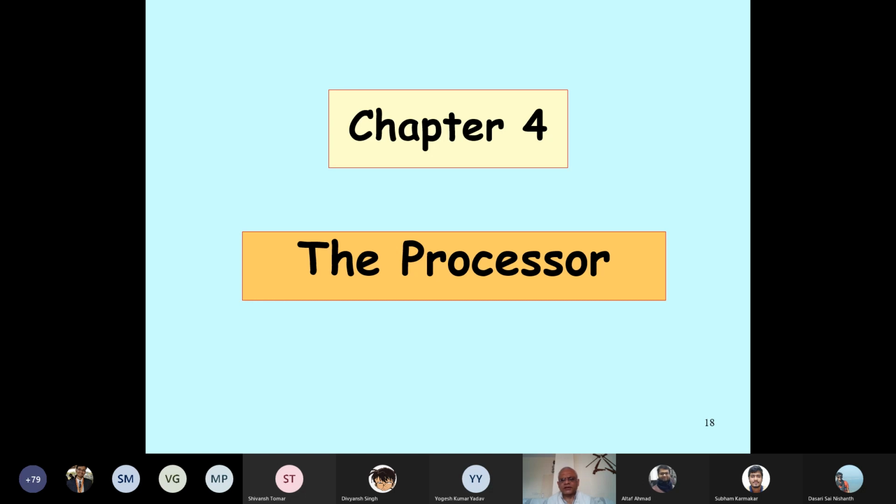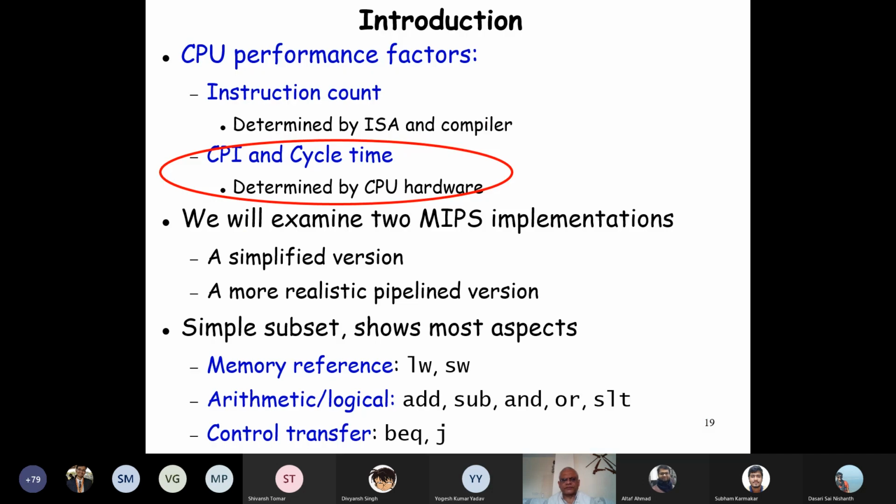But then you will say, why not directly discuss the pipeline version if that is what happens now? The answer is that this way we understand better. We first see how the different instructions need to be implemented in hardware. That's the basic idea. And then we look at what is happening now, the pipeline version.